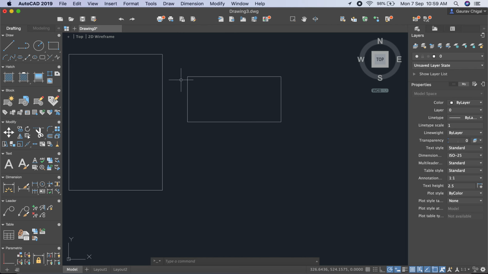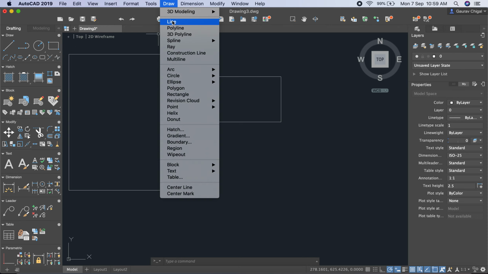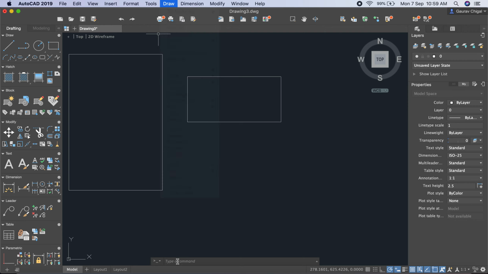So you can define the rectangle with the help of area, you can define the rectangle with the help of length and width, or you can say the dimensions, or you can draw the rectangle directly by going to the rectangle icon, or going into Draw and clicking on Rectangle, or just typing at the bottom, where we have our command toolbar, REC and then enter. You can specify the first point and draw the rectangle. So this is your rectangle command. In the next lecture we discuss other commands. So thanks for watching.